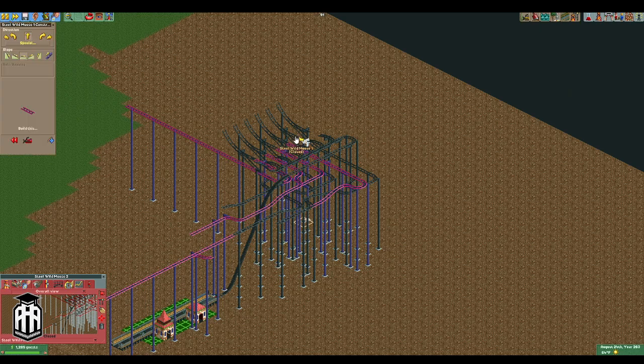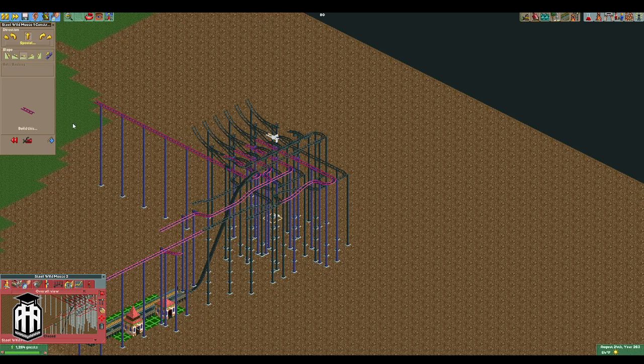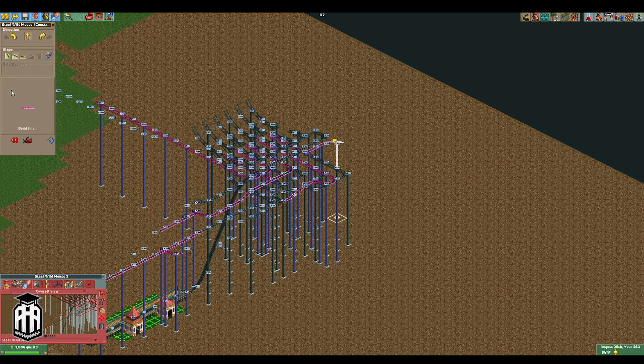Now for number 5. Okay, so number 5, we're going to go straight 2, and then we're going to add a 13-mile-per-hour brake. And then we're going to go to the left, and then we're going to add another 13-mile-per-hour brake. This is just to get the thing to the right speed. Sometimes even if it doesn't look like the brake is useful, it is. Okay, and then we're going to go shallow up,